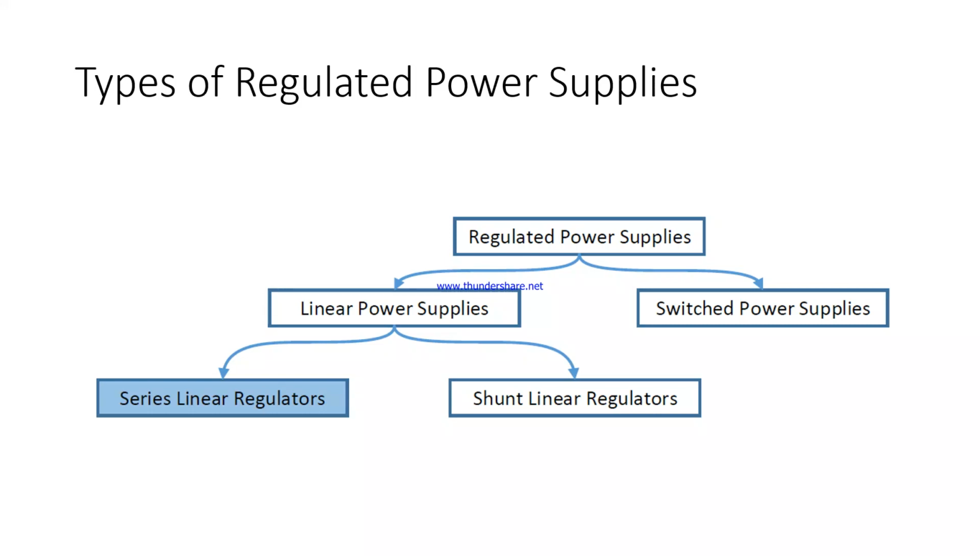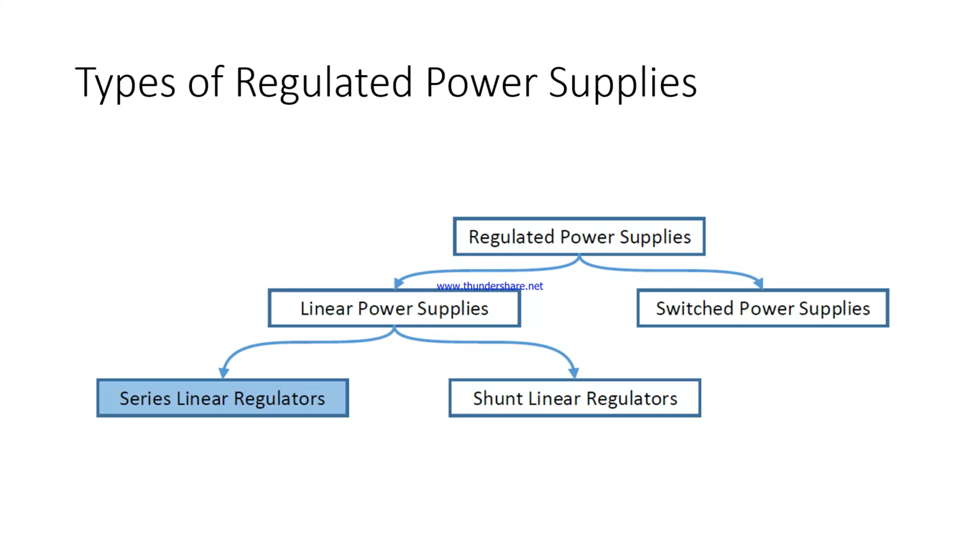If you see with regulated power supplies, there is a linear power supply and a switched power supply. With the linear power supplies, we have two types: series linear regulators and shunt linear regulators. The most commonly used regulator is the series linear regulator, which we are using in commercial as